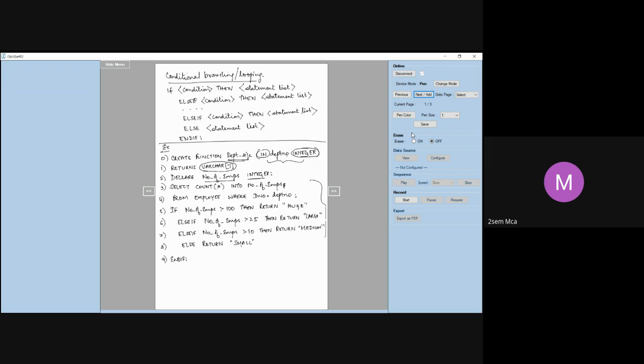What are we doing? Select count of star into number of employees from employee table where D number is equal to department number. That is our query here. Whatever is the count of star, remember, we have declared this. See here, number of employees is a local variable. Into means I'm going to place this count of star, whatever result is there, in number of employees. From employee where department number is equal to department number.